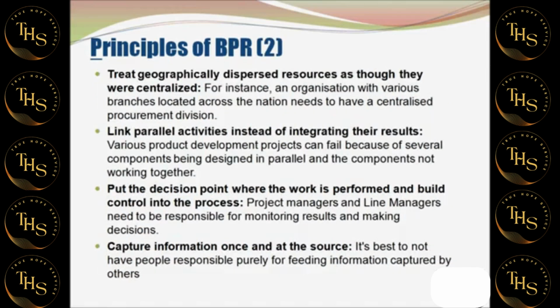Now, the next principle is treat geographically dispersed resources as though they were centralized. Any resources that are geographically dispersed need to work as a centralized resource to improve efficiency. For instance, an organization with various branches located across the nation needs to have a centralized procurement division. This ensures that goods can be procured in bulk in most cases, and the prices can actually